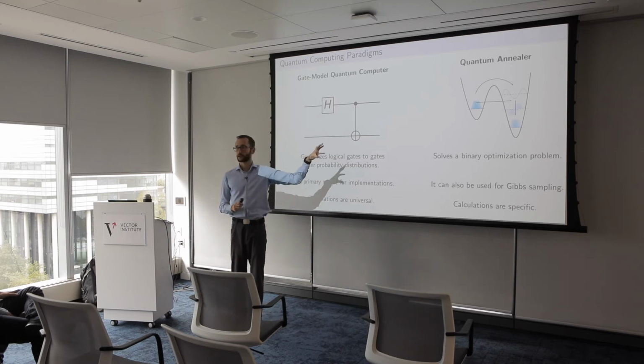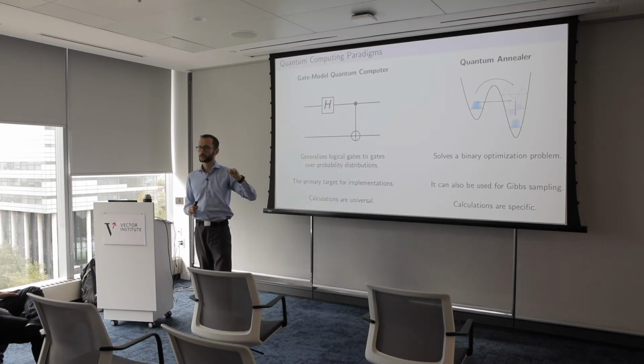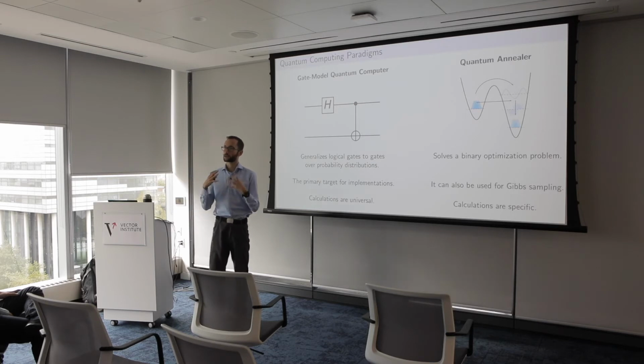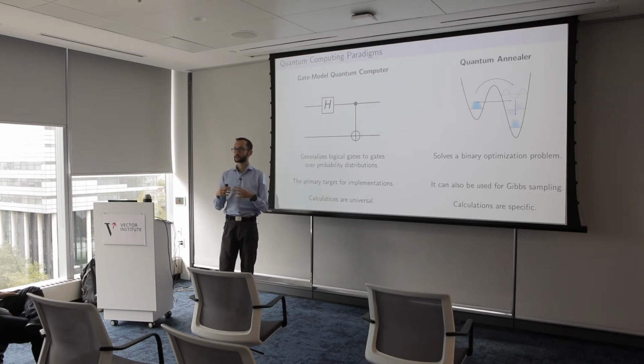And the second paradigm is called quantum annealing, which is a little bit different. It's a more physical way of thinking about calculations. I'm going to explain in a moment what this is about. But basically, instead of a circuit, what you're expressing is a type of optimization problem. And then what you're getting out of the calculation is the global optimum, or a very good local optimum of this optimization problem. And it could be made universal, but the way it is implemented is actually not universal.